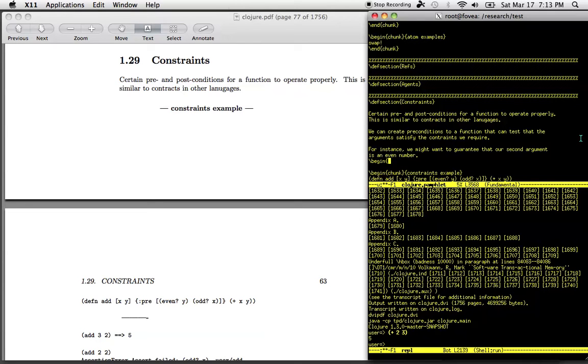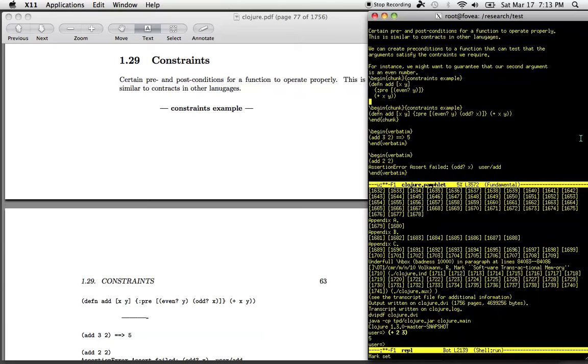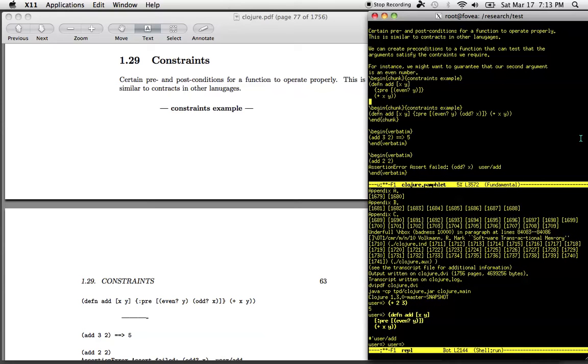So now that we have the text explaining what we're doing, let's add a chunk. So we have an add function which takes an x and a y, has a precondition, even y, and we're going to return the result of x and y. Let's take that code, add it to the REPL, and we finished that piece of code, so let's add the chunk,